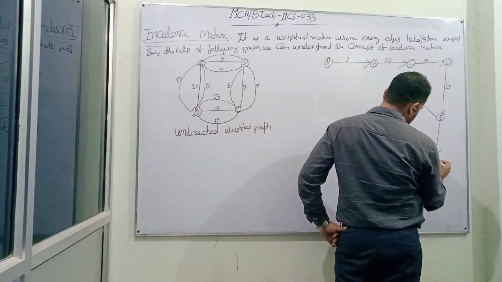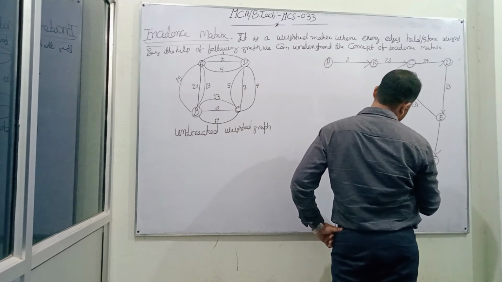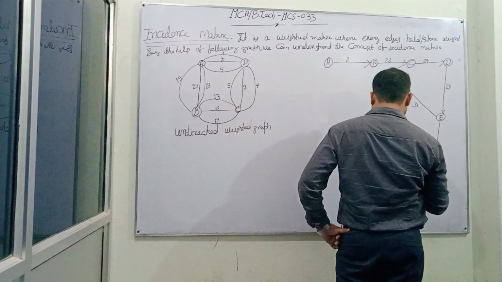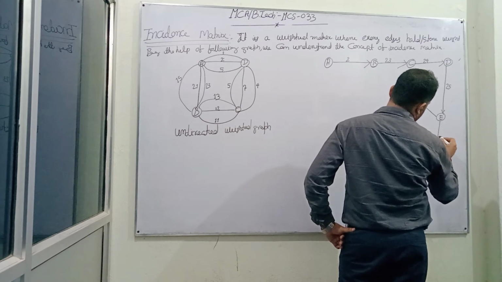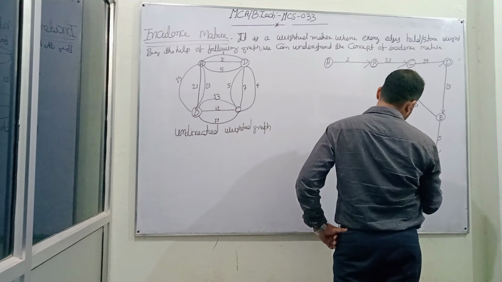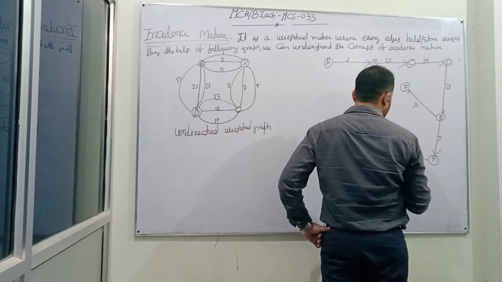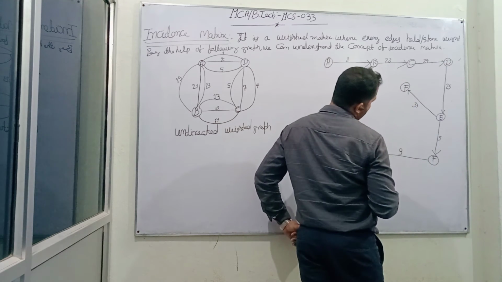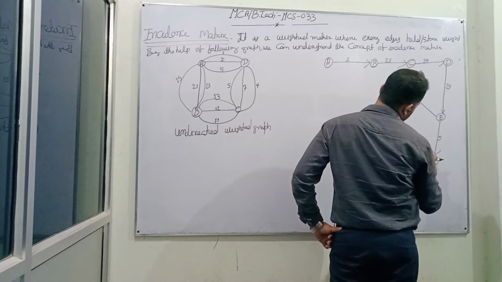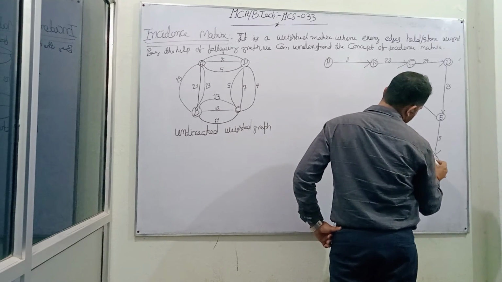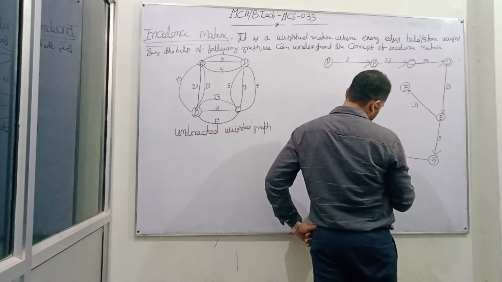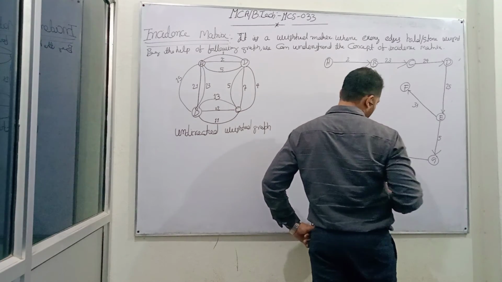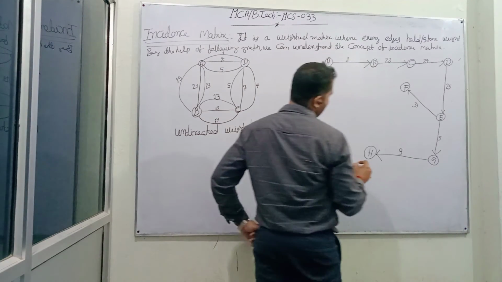Vertex F, and here we will see this one, say 5, this one 9, 8, F, Z, and this one H. Again we will check the next vertex